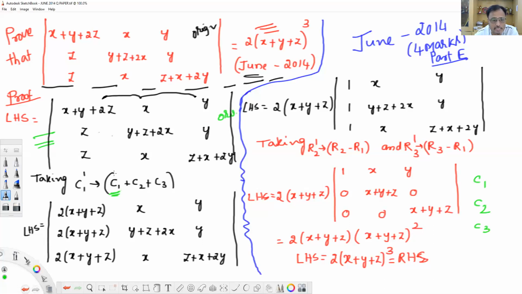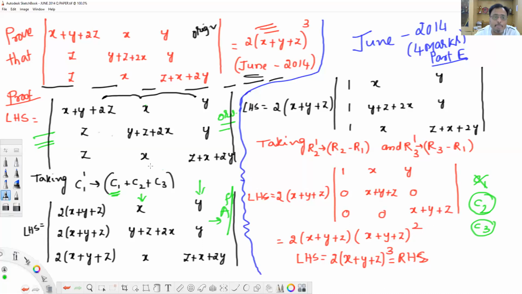C1 plus, first visible is C1. C1 you remove it. C2 and C3 will be unchanged. So this is x, this is C2 and C3, unchanged from the original body. Here x, x, y plus z plus 2x, y plus z plus 2x and again x, y, y, y. That means this is unchanged. Now we'll do the surgery. What is the surgery I'm doing? C1 plus C2 plus C3. Definitely this is after surgery.